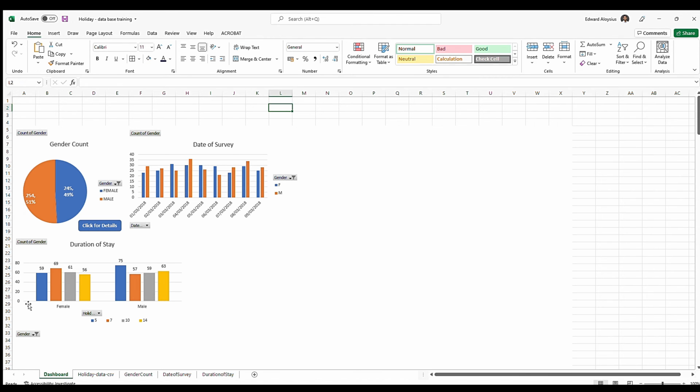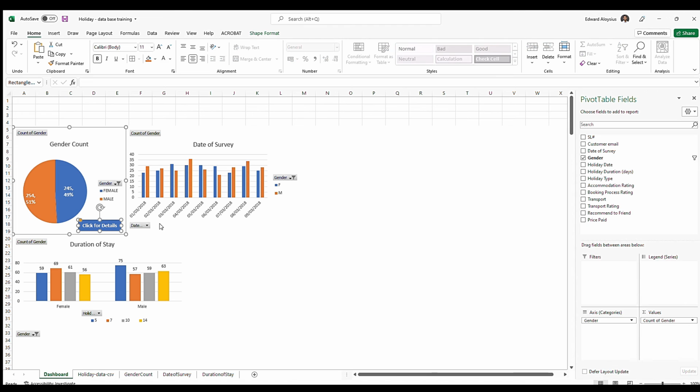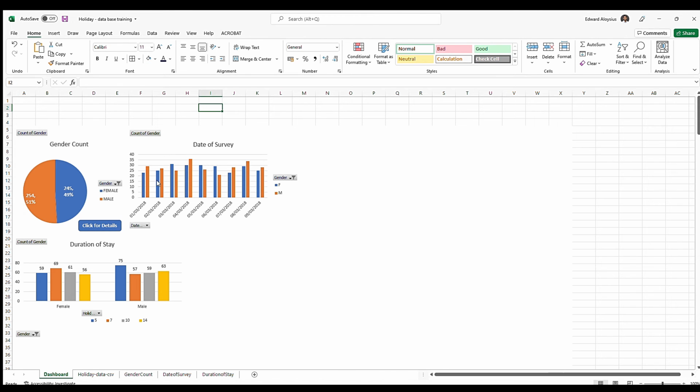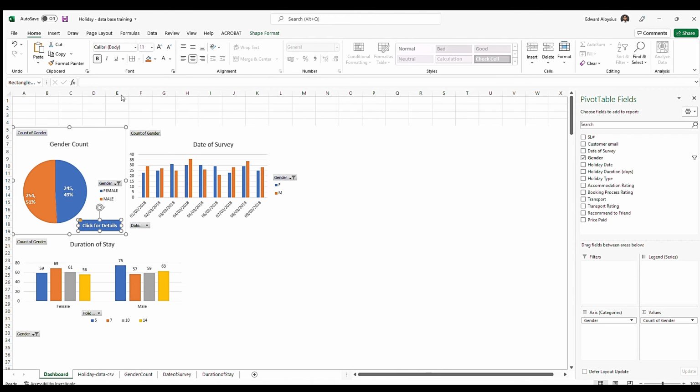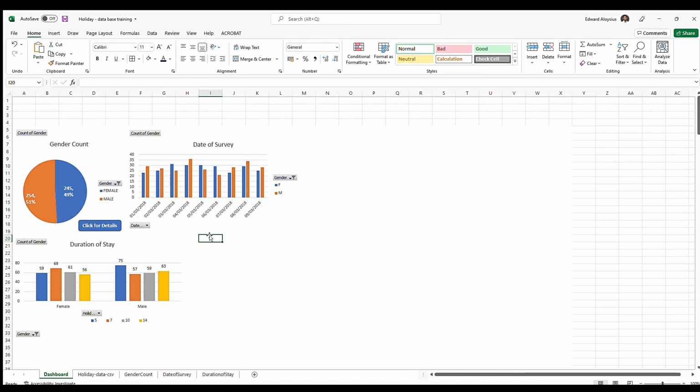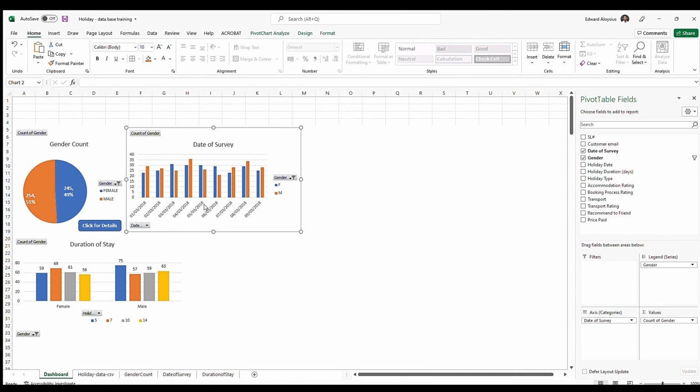So what we're going to do is select only the button, right click and copy, come here and right click and paste. So this button gets pasted on this chart. You can place it anywhere in this. If you drag it outside, it will not go outside this chart. So this button is for this chart only. So let's place it here